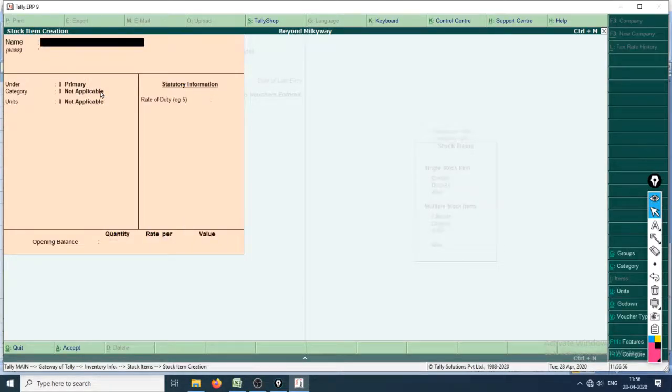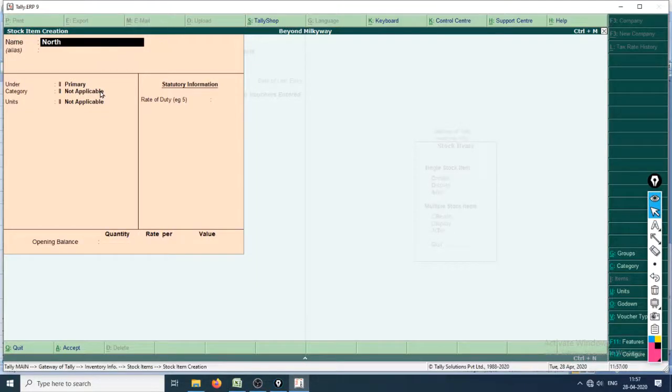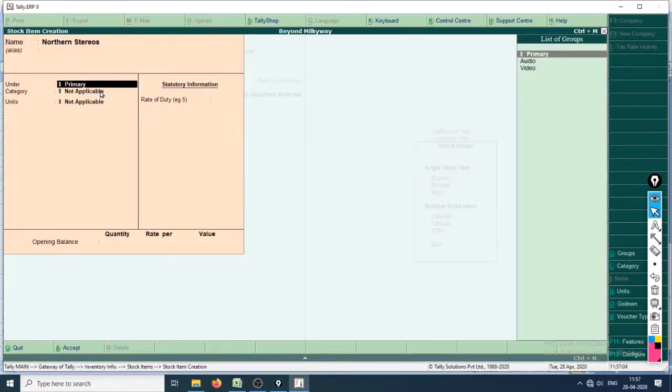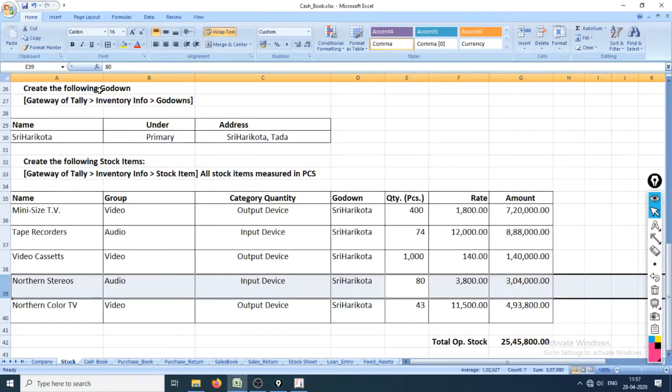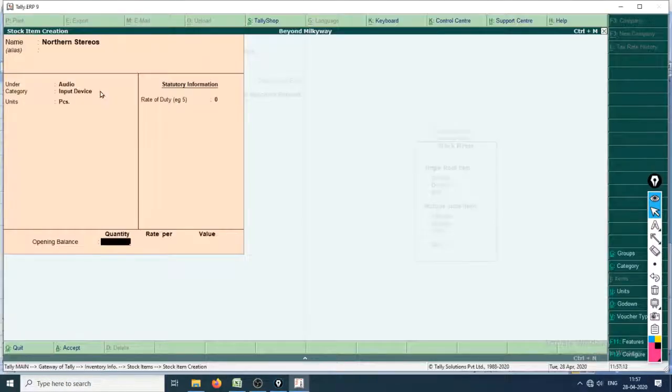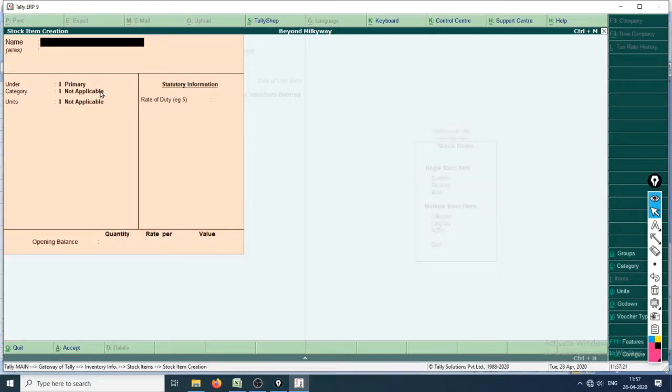Yes, accept. Okay, Northern Stereos. It is audio, right? And it is an input device, pieces. Okay, 80, 3800. 80, Sri Harikota is our godown, and 3800 is per piece charge. Okay, enter, yes.